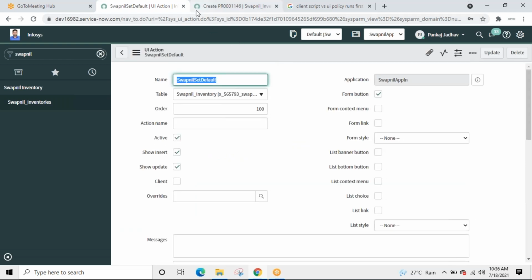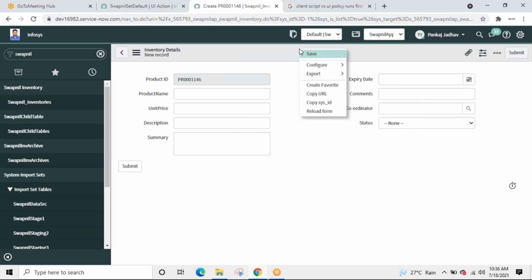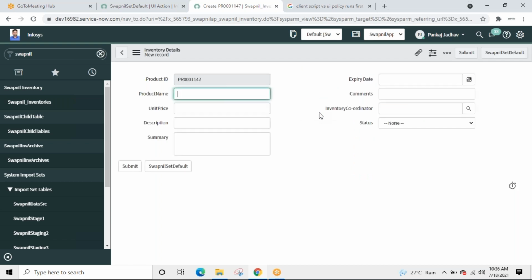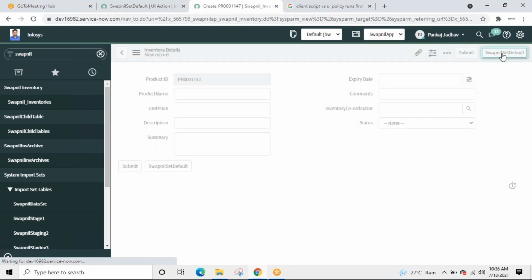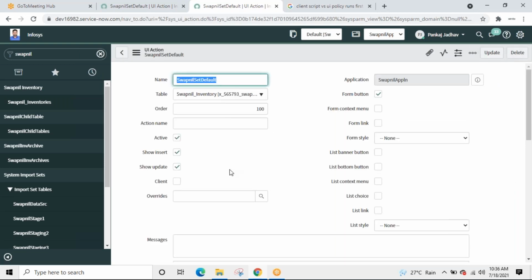So I'll come to the next step and there is no button. Let us try to refresh. Reload the form. See, a button. Click. What happened? Where did it go?